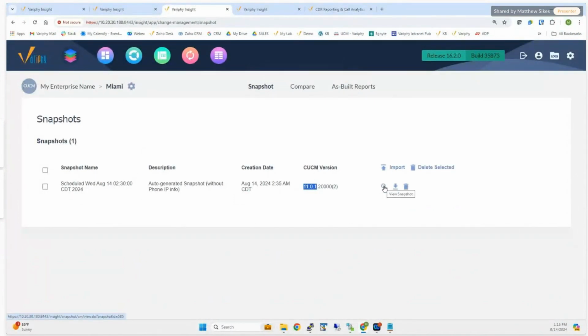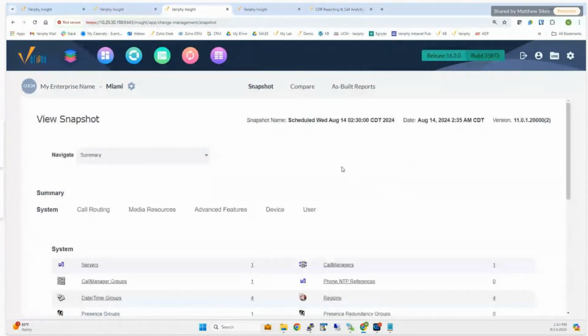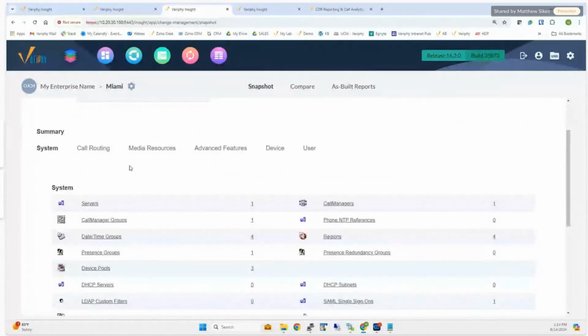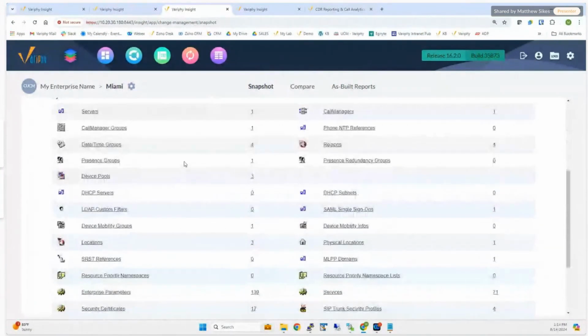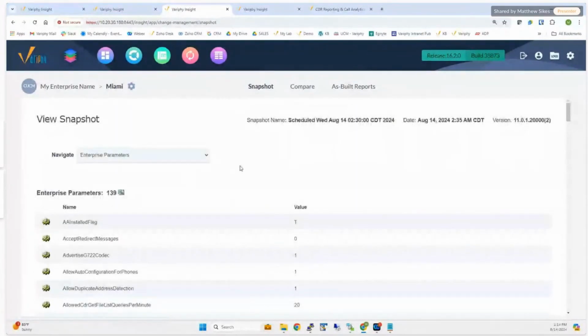But again, having that most recent snapshot so that we know all of the inventory that was programmed in this call manager at that point in time before it was turned off. So we can see all the summarization correct. We can drill into anything that we need to, just as if this was a live configurable cluster within Variphy. So maybe poking at the enterprise parameters as an example, I can certainly see what these were as of this morning. And if there's a need for or aiding the migration